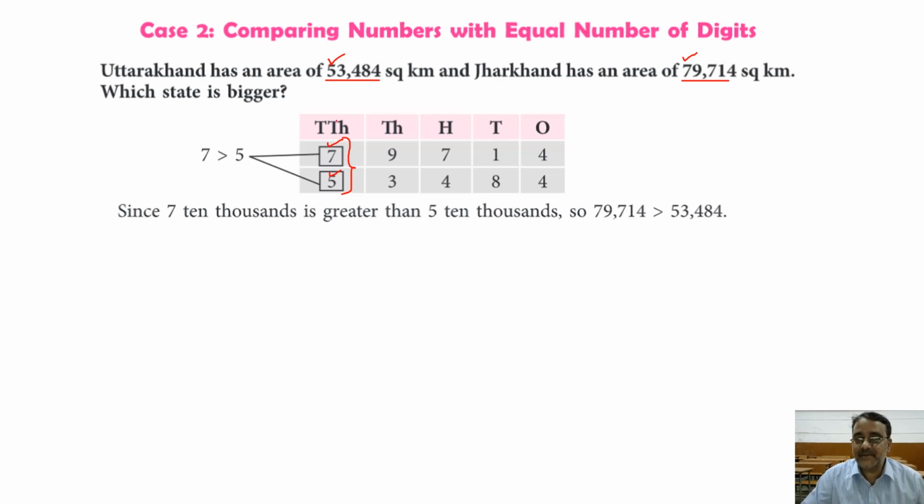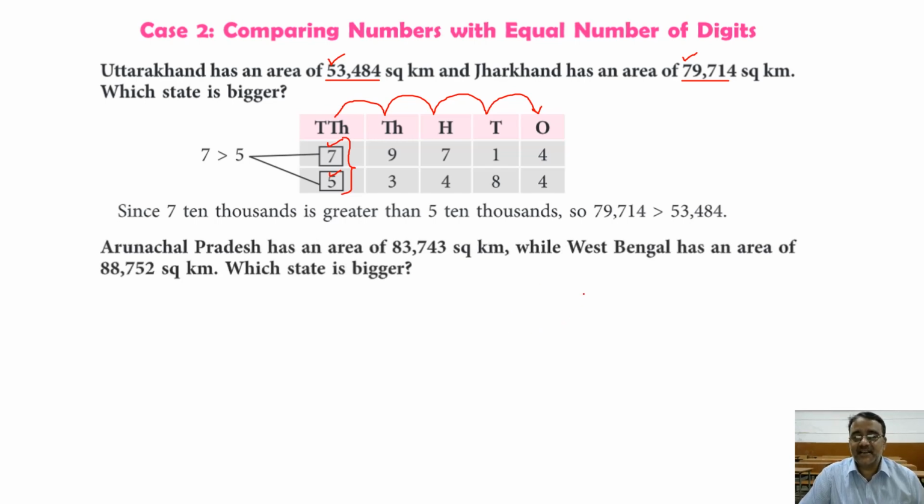Right? So we'll see one more example. अगर 10,000 में same है, if suppose the 10,000 digits are same, then we will go to the 1,000 place. If the 1,000 place is also same, then the 100 place. Like that we will move on in this way. इस डायरेक्शन पे मूव करना है. लास्ट में यहाँ पर चेक करेंगे अगर ये चारों सेम है तो. राइट, we'll see one more example.